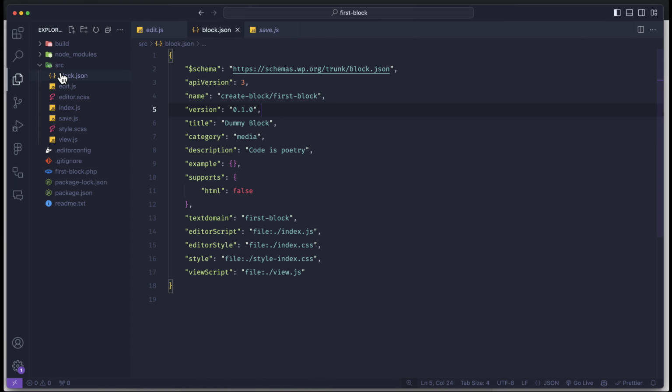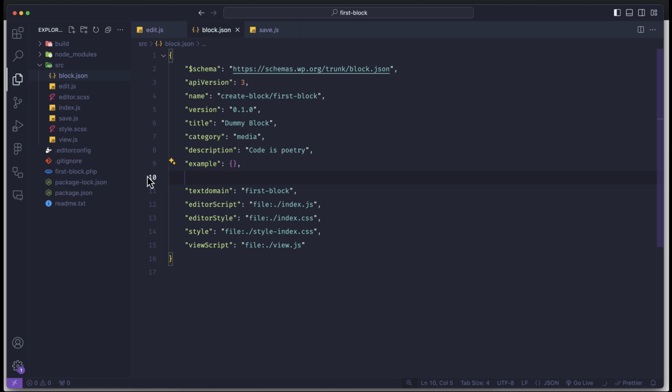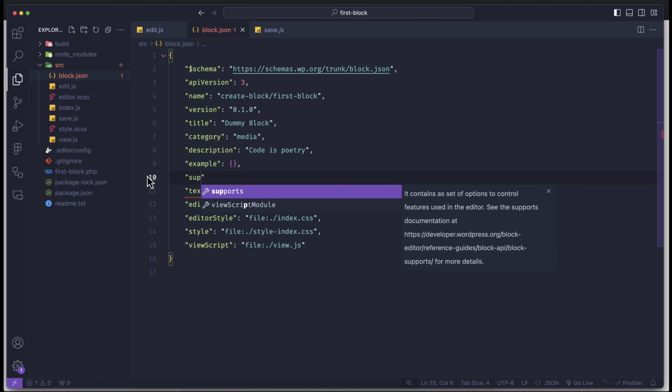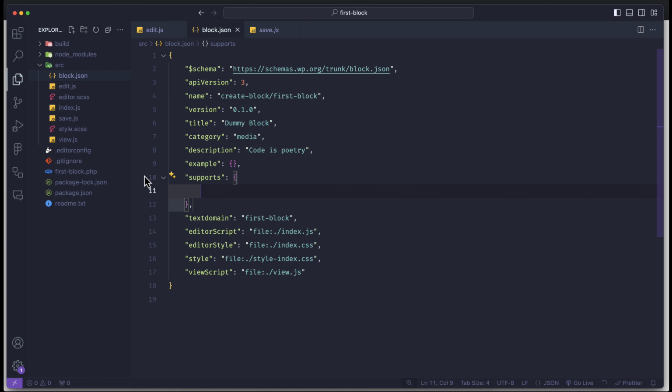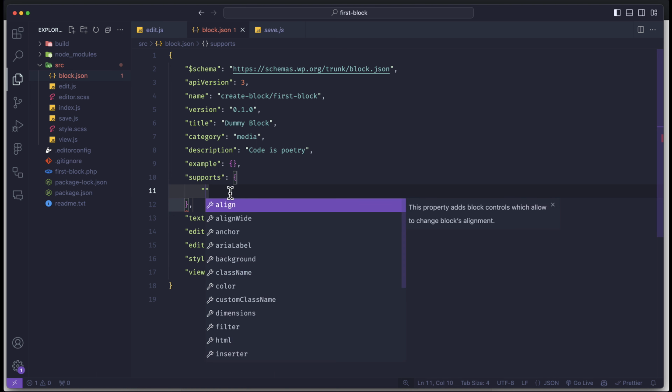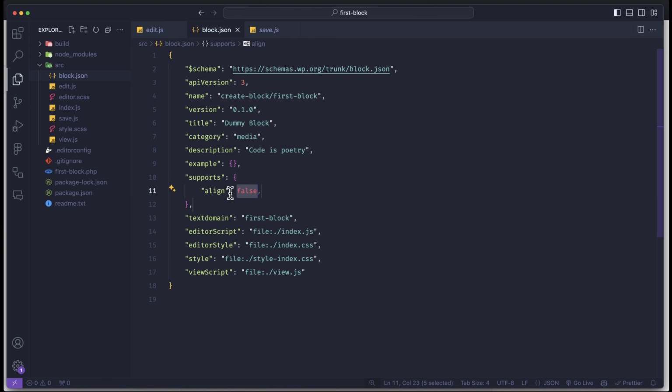So I have opened my block.json and you can see there is a supports object. If you don't find this one, you can add a new one. For example, if you don't have any supports, add supports. This is an object, and inside this object you have to pass the properties. First one is our anchor, so we'll make it true,